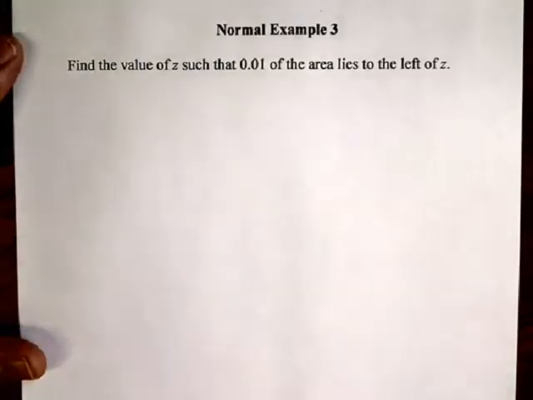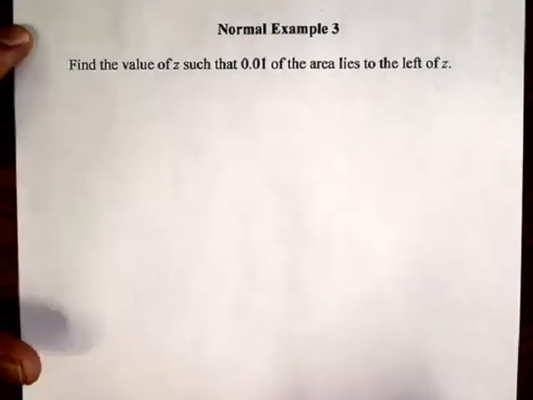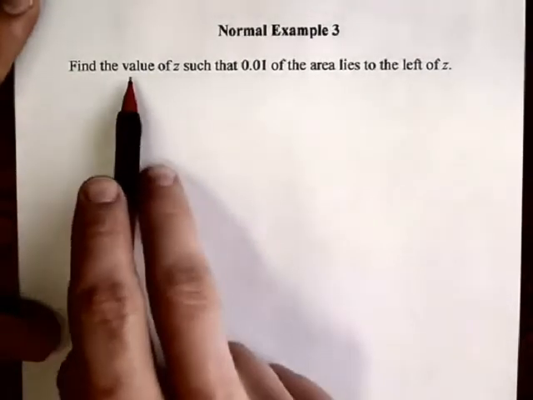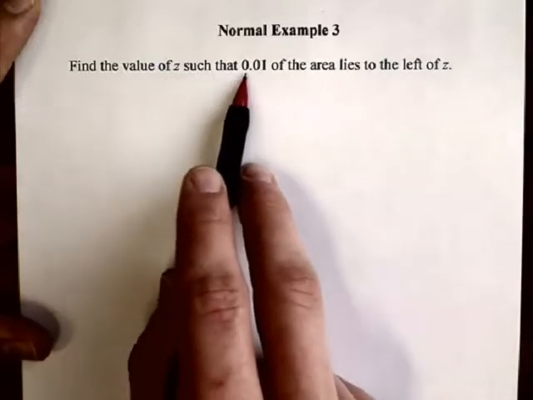This is a video that deals with finding a little bit different quantity about the normal distribution. The previous two examples dealt with finding probabilities about the normal distribution. This one deals with finding a particular value of a normal random variable that satisfies some condition. And in this problem, we want to find the value of the standard normal random variable such that